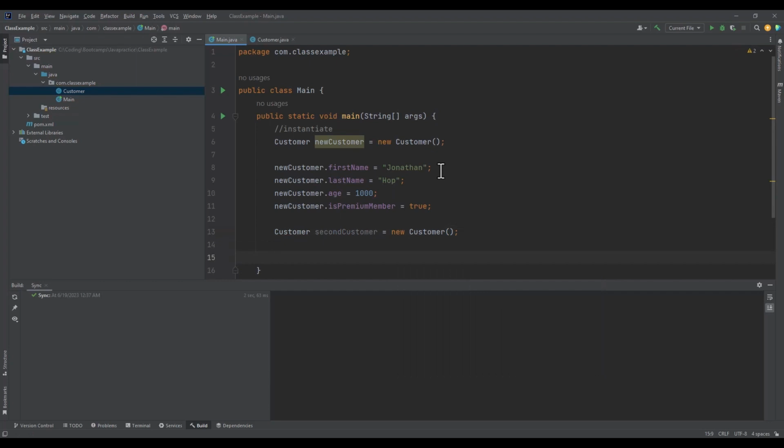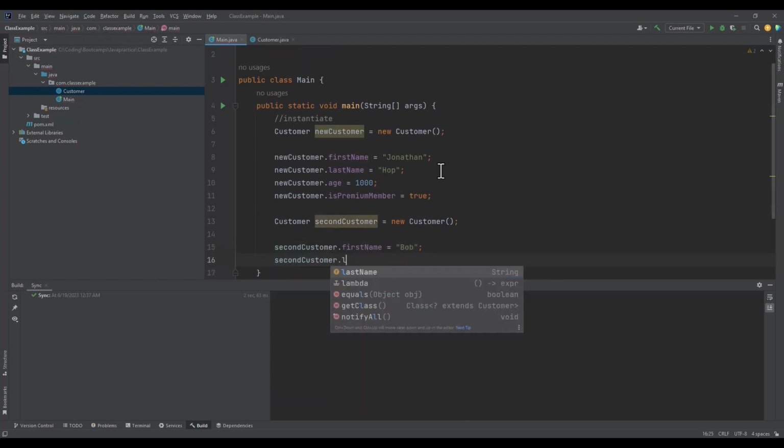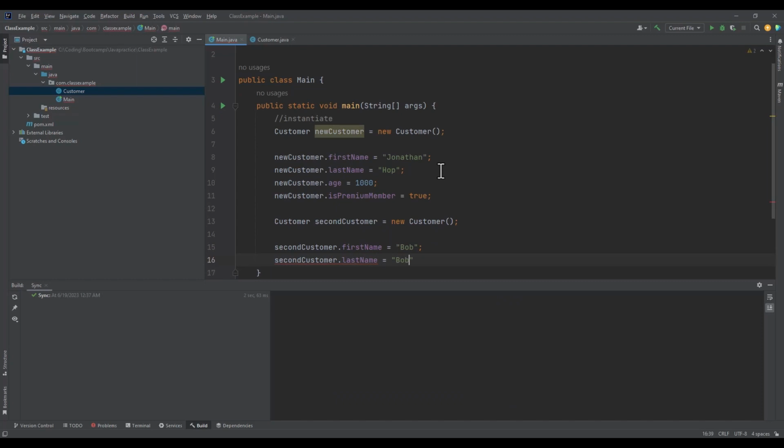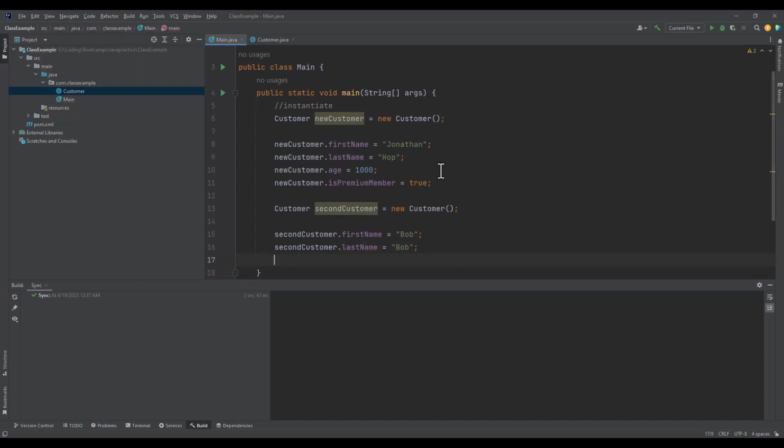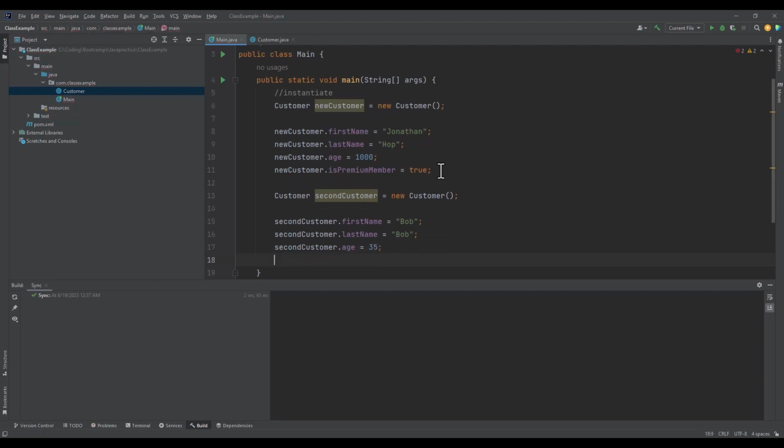And this second customer can have a completely different name. So second customer dot first name is equal to Bob. His last name is equal to Bob. His age is equal to, let's say, I don't know, he's 35. And then second customer dot is premium member, and he's not a premium member. So now I've got new customer, which has this information, and a second customer, which has completely different information, but